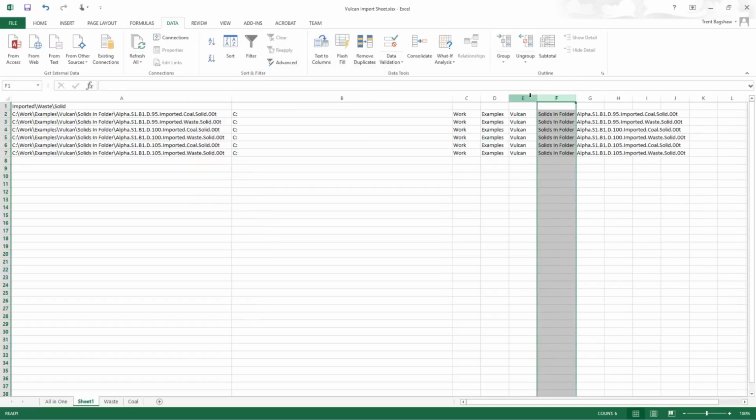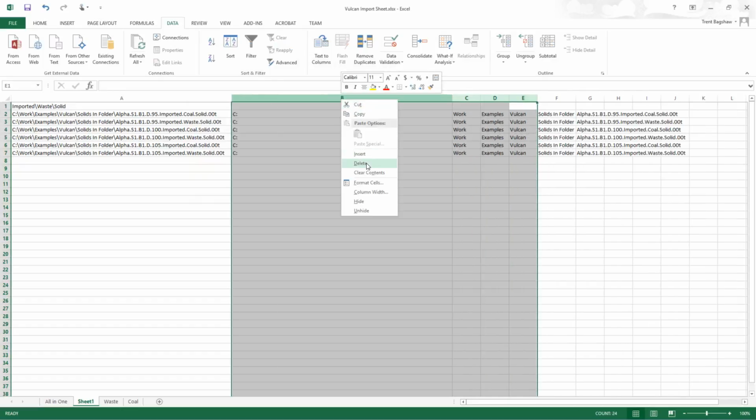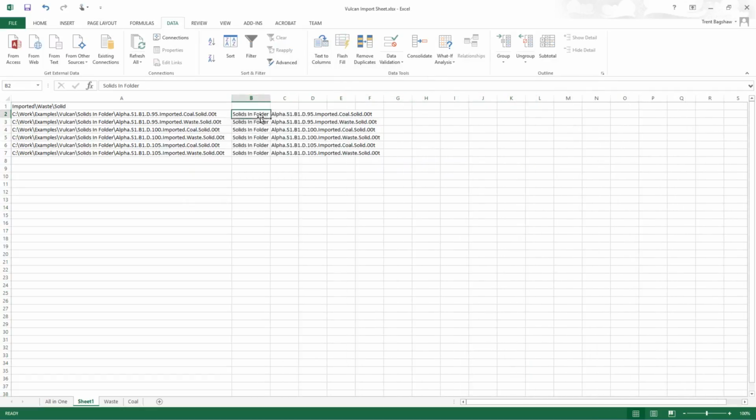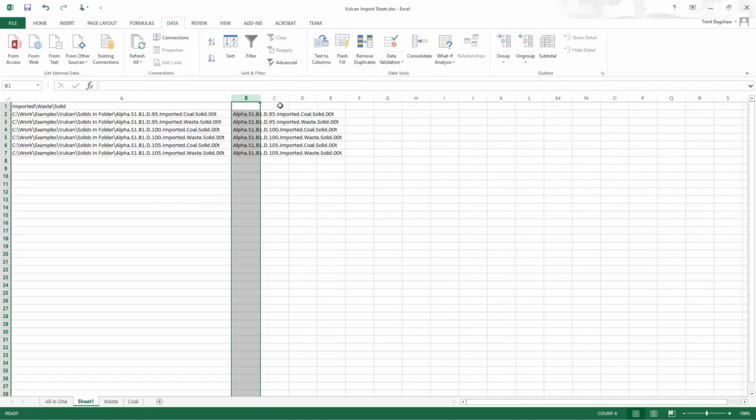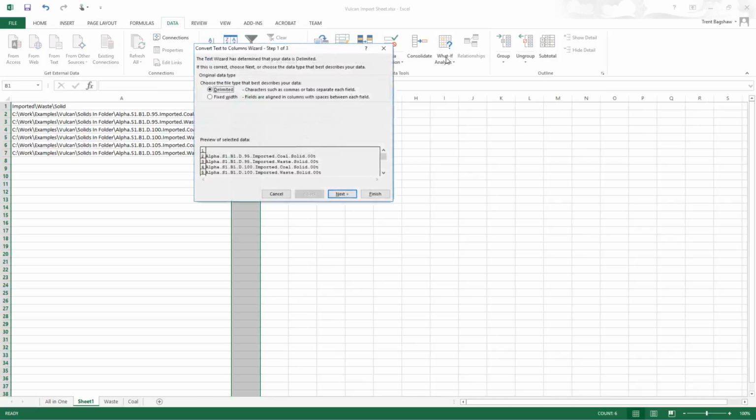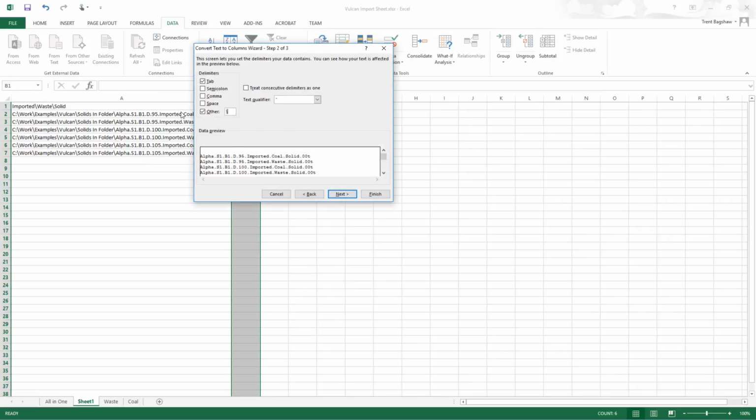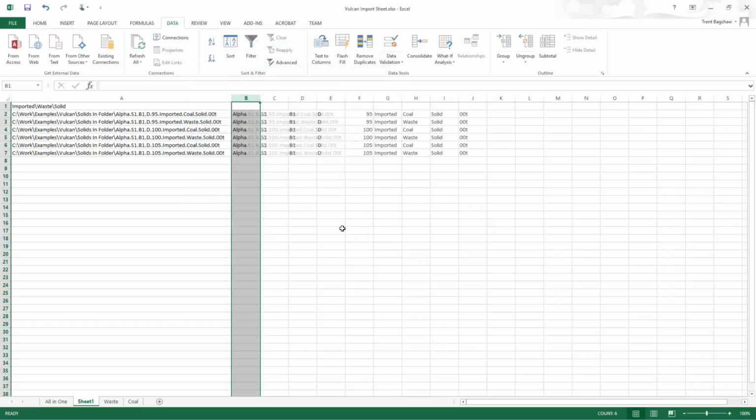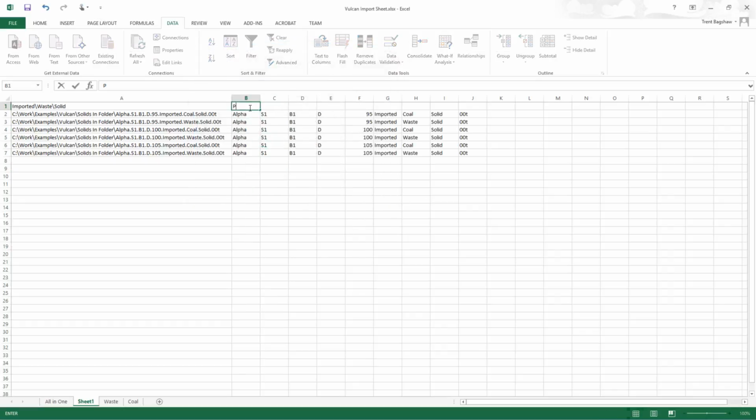I'm not interested in that first part. I'm really not interested in that either, but I am interested in this alpha, etc. So I'm also going to do a second one. We're going to delimit it by the full stop. So I've now got my pit, strip, block, seam, bench,